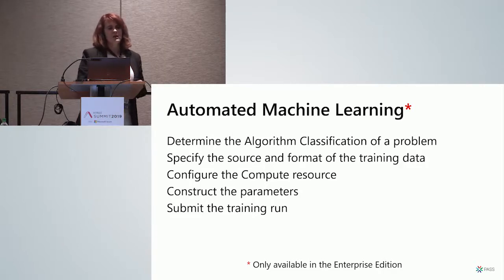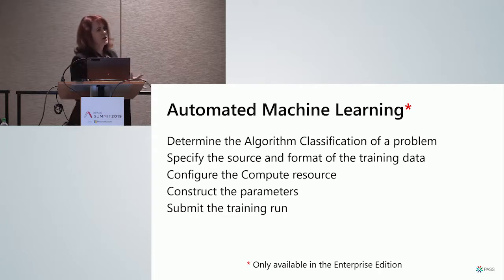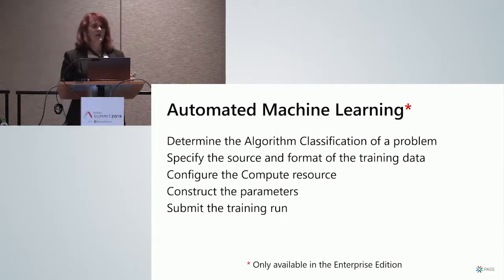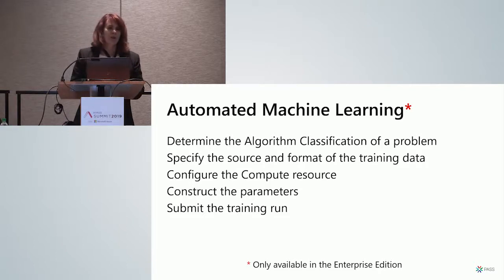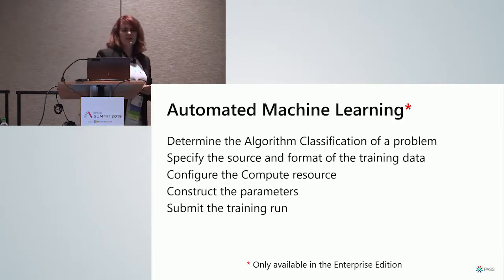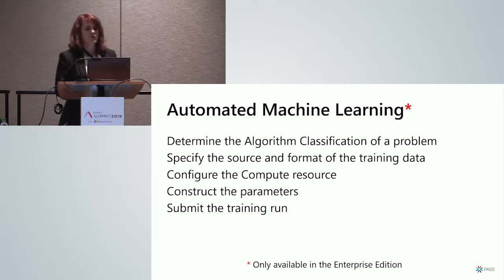Automated machine learning is how Microsoft is trying to democratize machine learning so that more people can create machine learning components. The little asterisk there wouldn't have been there 3 weeks ago because it wasn't true then, but it is now. They have created a new pricing tier called Enterprise Edition. And if you do not get the Enterprise Edition of a Workspace, then you do not have automated machine learning. It is also in preview right now, which means that you don't get charged for that Enterprise Workspace. So if you want to play around with it, do it now before they release it, because you don't get charged for it at this point in time.